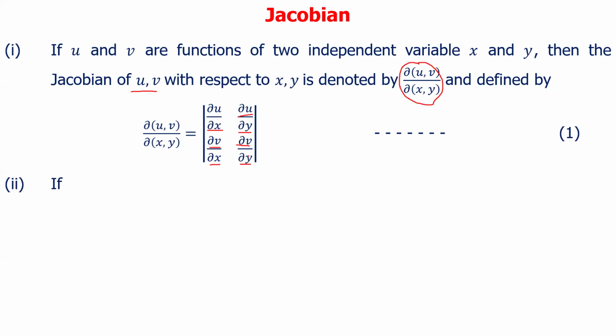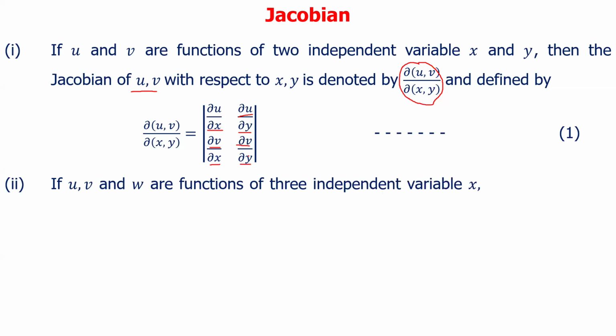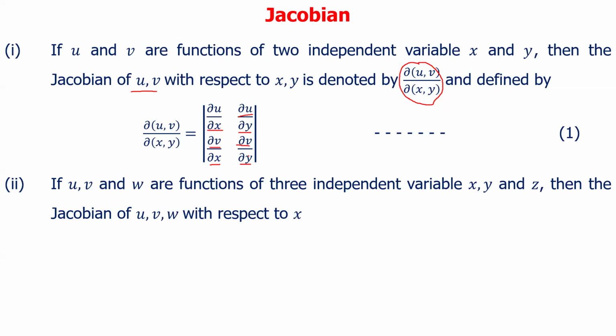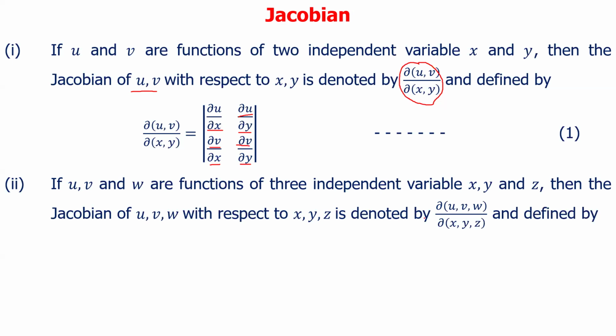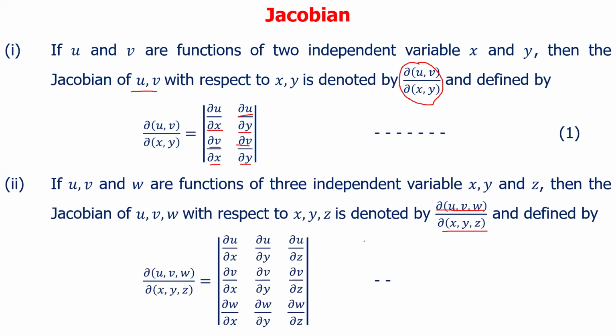Similarly, if u, v, and w are three functions of the independent variables x, y, and z, then the Jacobian of u, v, w with respect to x, y, and z is denoted by ∂(u,v,w)/∂(x,y,z) and defined by